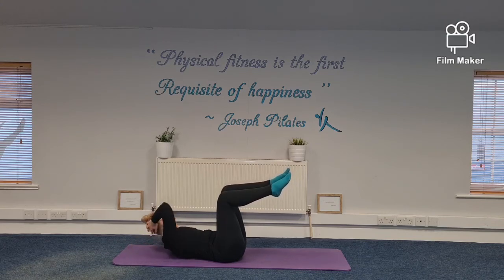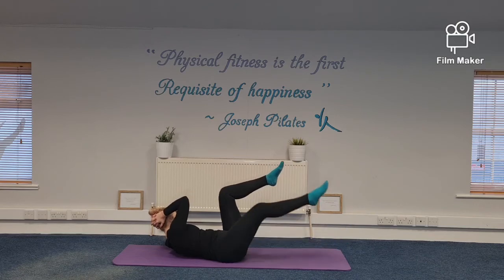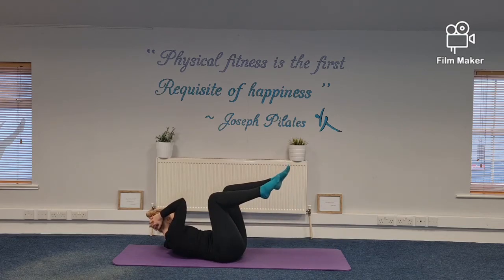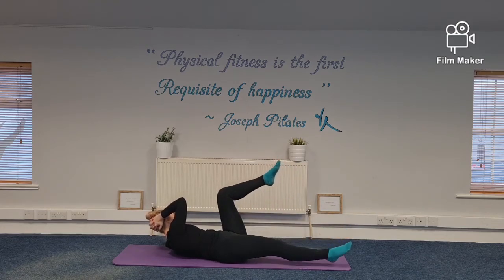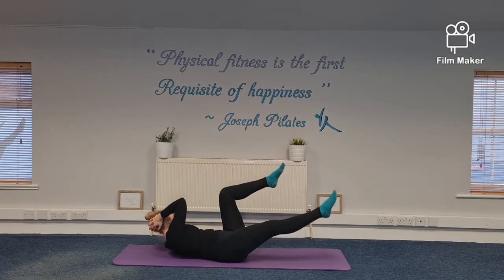So let's rotate up to the left. We're keeping the head really relaxed, holding the head in our hands. Let's extend the opposite leg and lift. Let's go for 5 more. Exhale, lengthen, tummy pulled in, low back nice and still. That's it. 4